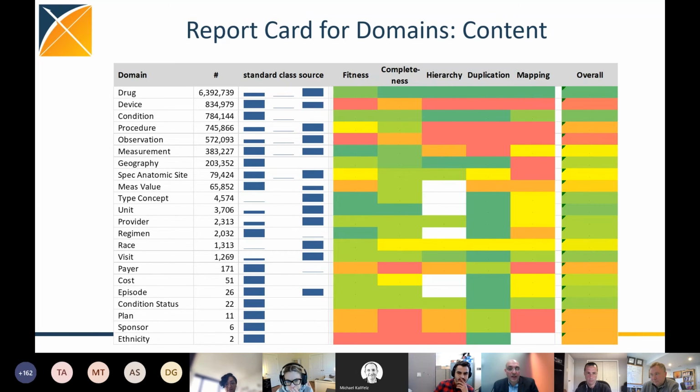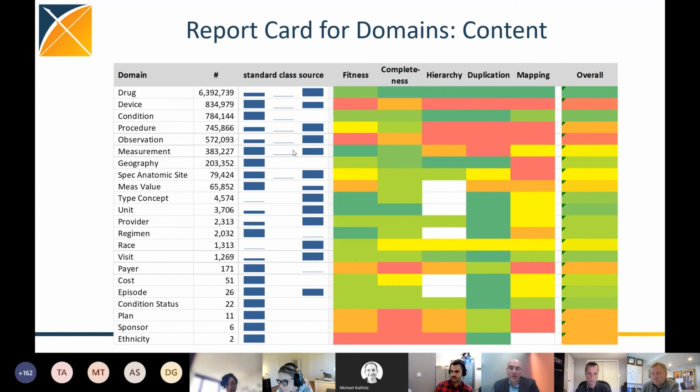concepts. And then each, as you know, concepts can be standard, class, classification, or source. So you can see that there are about twice as many source concepts as there are standard concepts, and a little bit of classification. You'd expect that distribution for a healthy vocabulary. Okay. There are all sorts of different vocabularies from the different countries, even within the same country. And only some of them are standard, which are the ones which we use. Okay. So now I'm just going to go through drug and then very quickly through